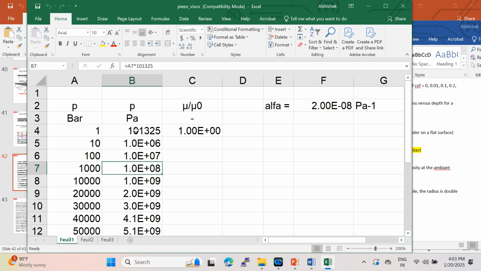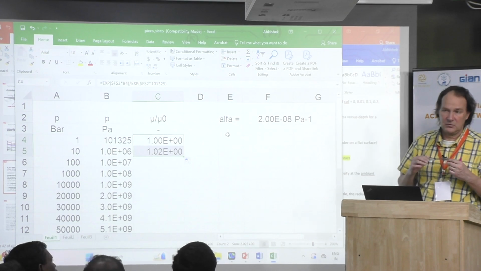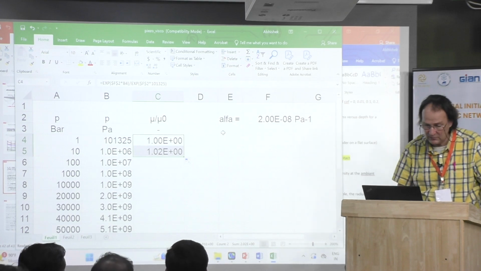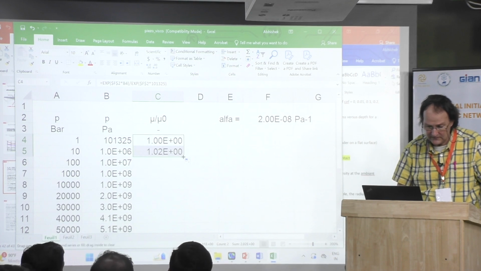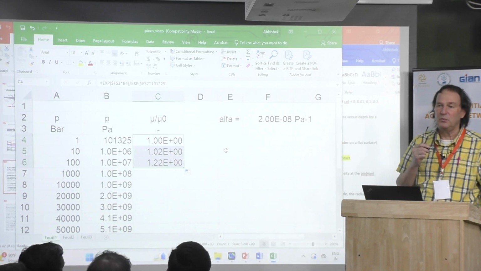Okay. Let's have a look at the viscosity with the Barus law. This is the Barus law. Yep. 10 bar. Okay, you have a 2% increase of the viscosity, which is negligible. This is why in journal bearings we assume that this is always isoviscous. Okay, even if you consider 100 bars, there is a 22% increase, not too much.